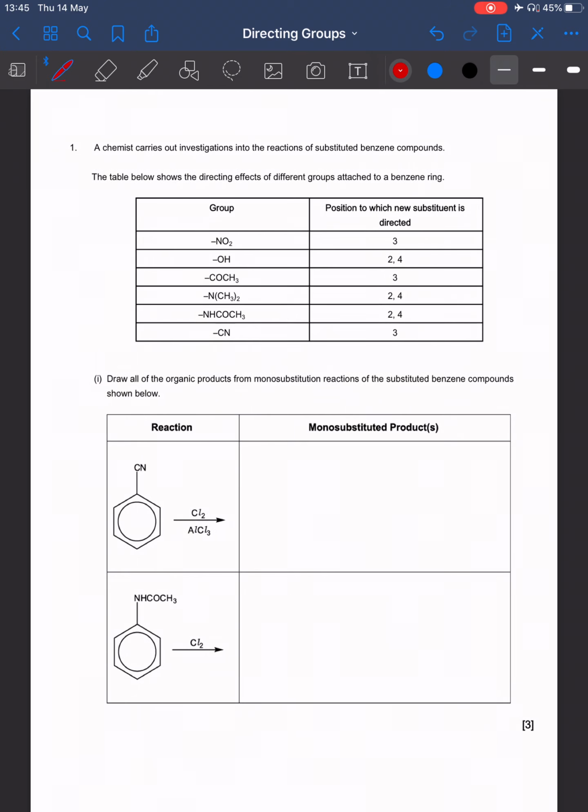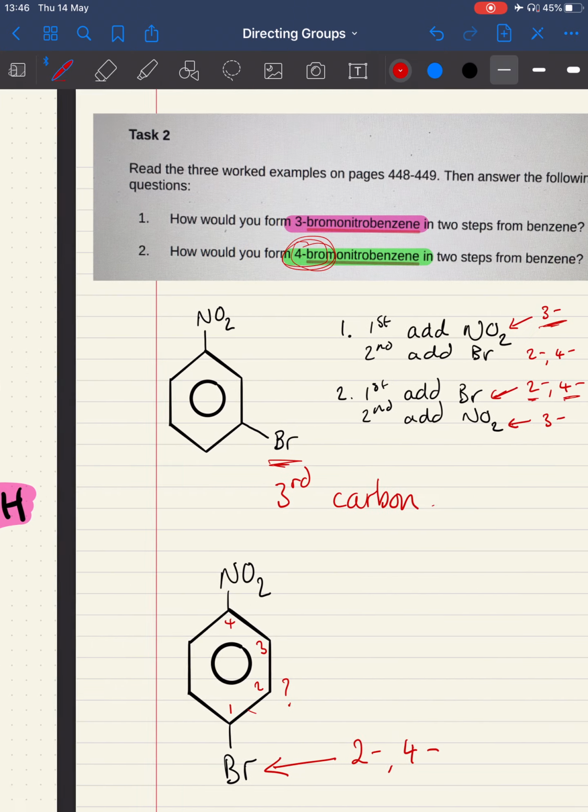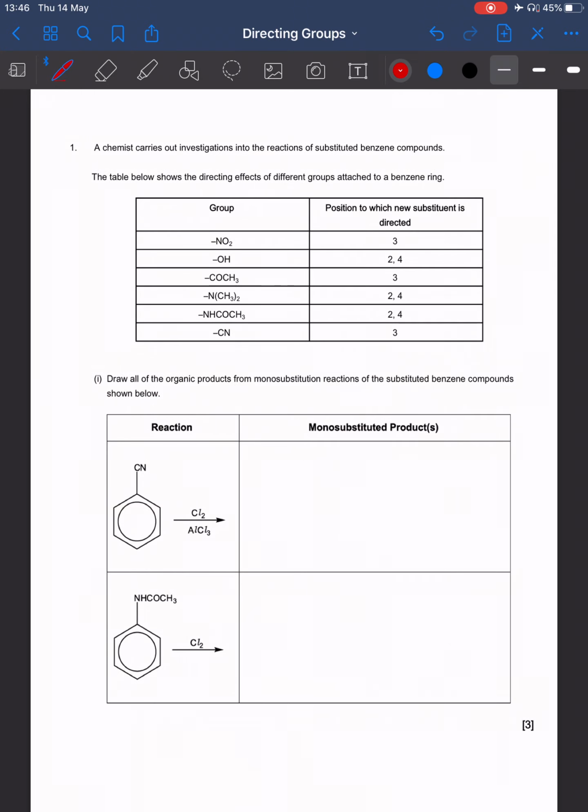So let's have a look at some examples. A chemist carries out an investigation into the reactions of substituted benzene compounds. The table below shows the stated effects. So we've got a table, and we've been told a little bit of information. It looks a bit different to the table that we're used to, but it's the same idea. It may look different, it doesn't matter, because we've got the groups